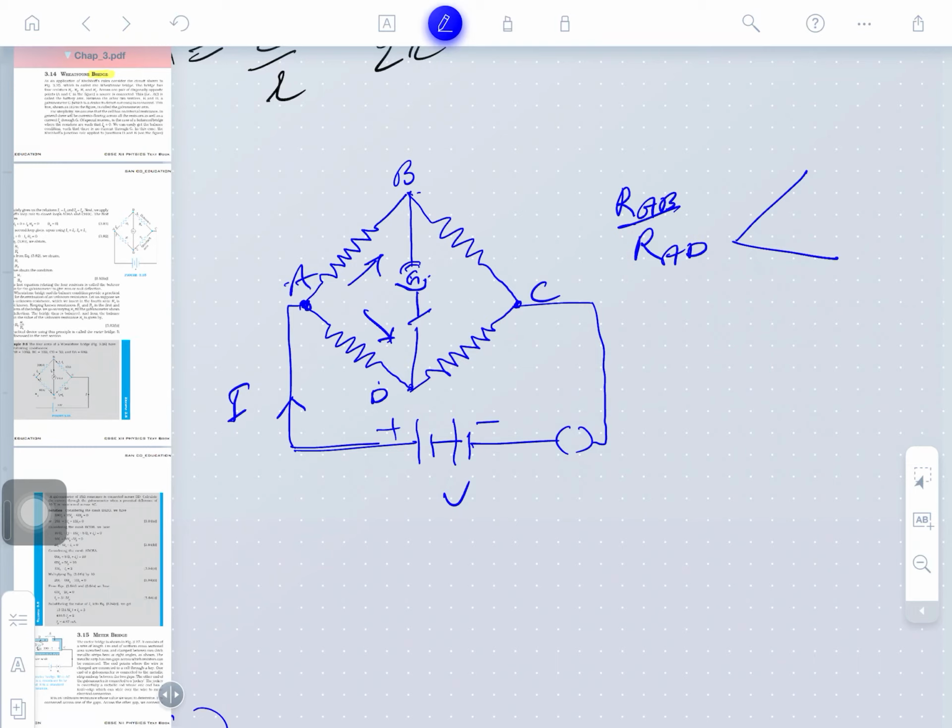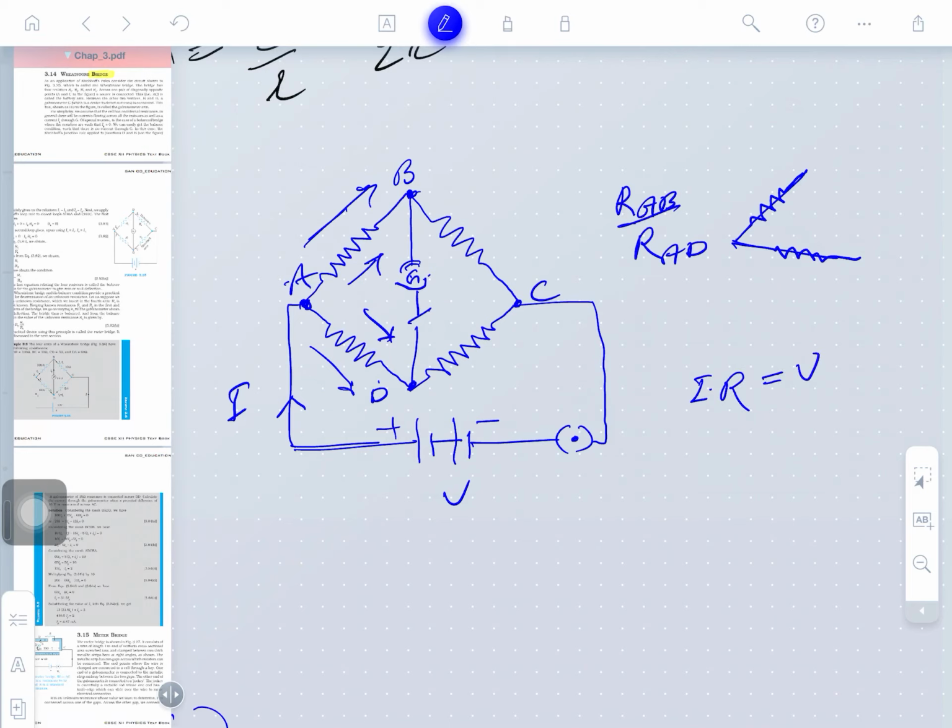If the resistance is the same here, it's 1, is that clear? And 1 is there also. Clear? 2 are there. So what will happen here is positive and negative, the key is closed. So the current will divide into two parts, one part here and one part here. Is that clear? So we are to find the potential difference at the points B and D. It means what current is going here and what current is going here. So obviously the current when encountered with R develops a potential drop also.